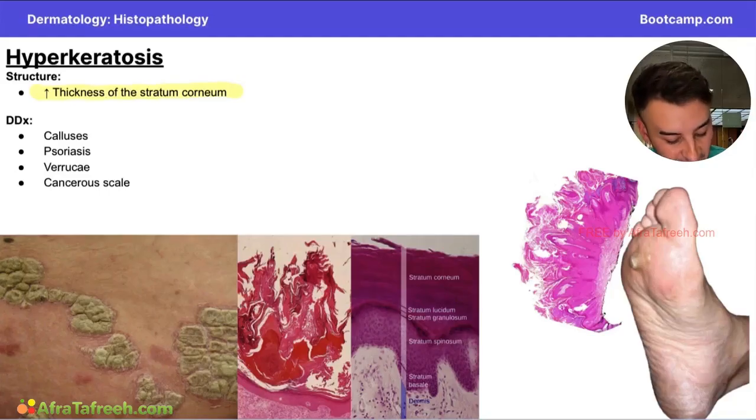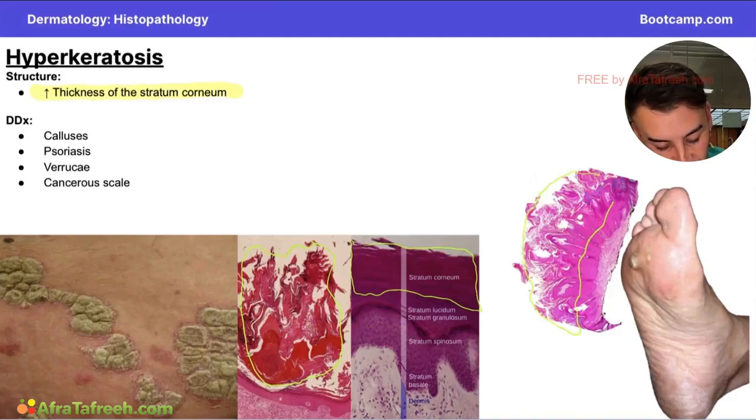Let's outline that here in our picture. So this is a normal stratum corneum, and then over here, we have a very thickened, increased stratum corneum of a verruca. Here's another example over here. This wart has an extremely thick stratum corneum. We're going to see this in disease processes like calluses, psoriasis, verruca, and even cancerous scale. So be on the lookout for a very large stratum corneum, and that's going to be associated with very dry